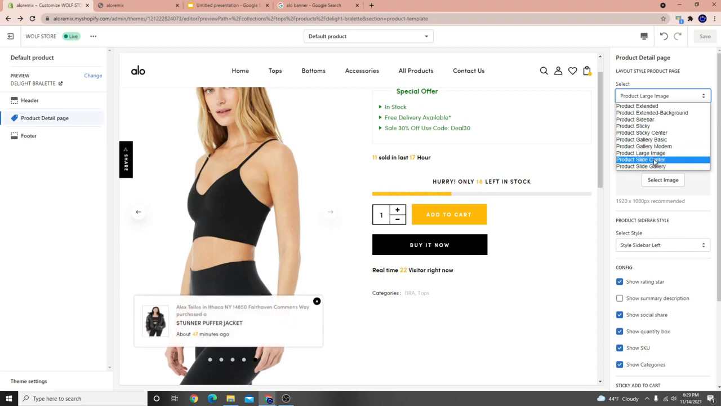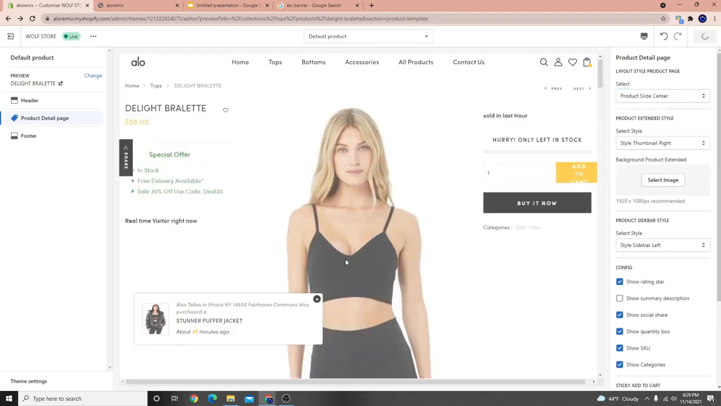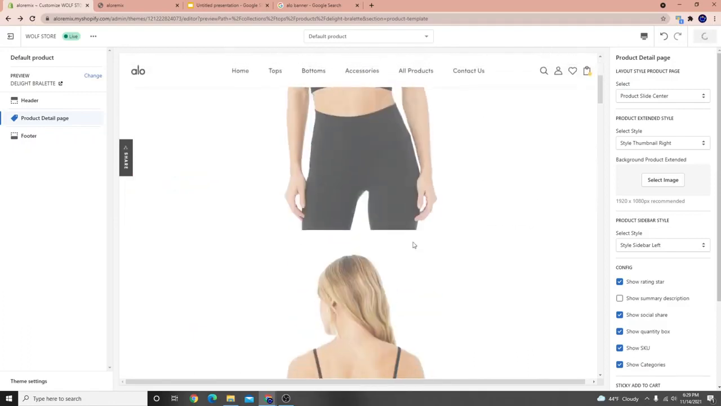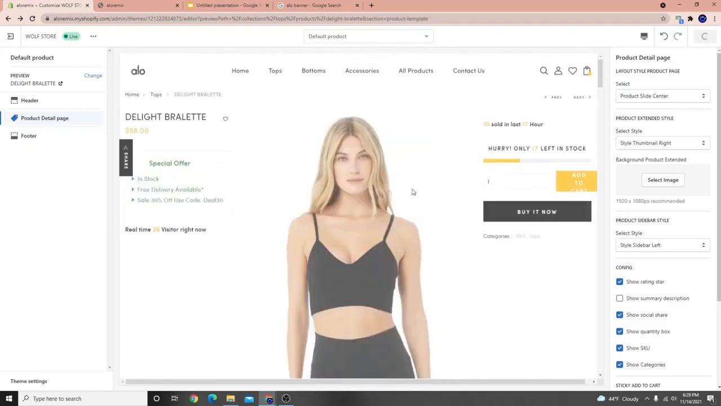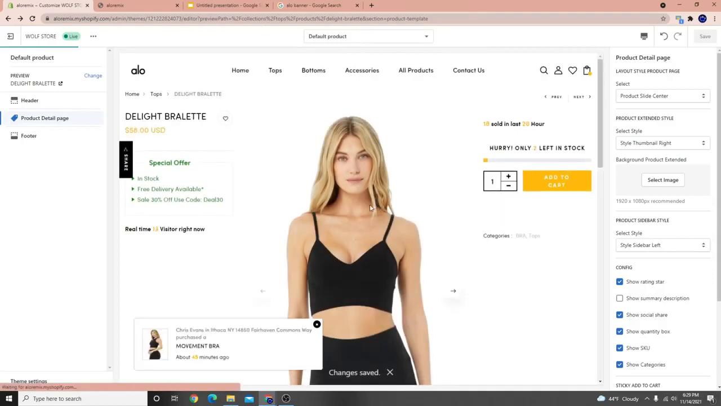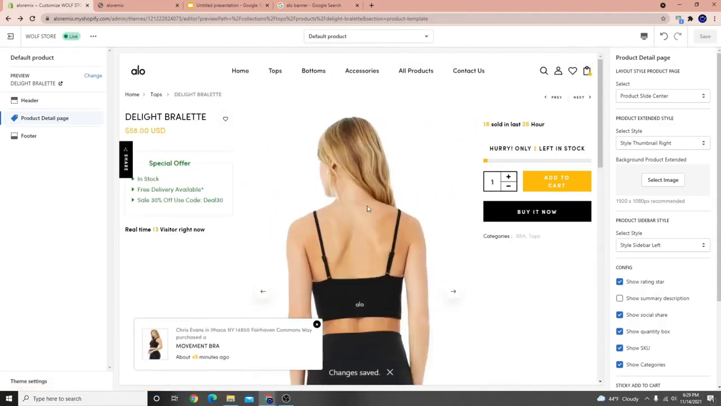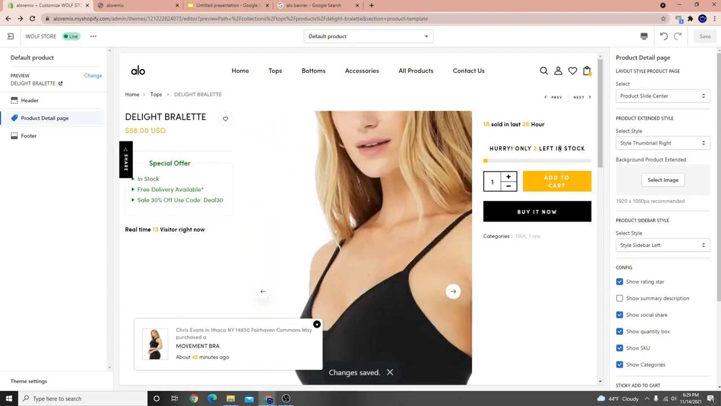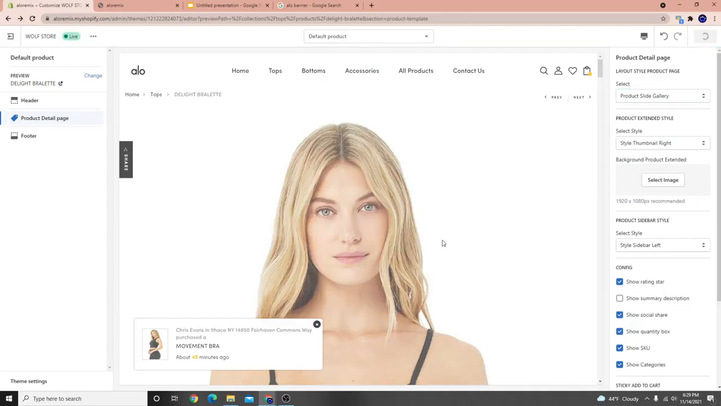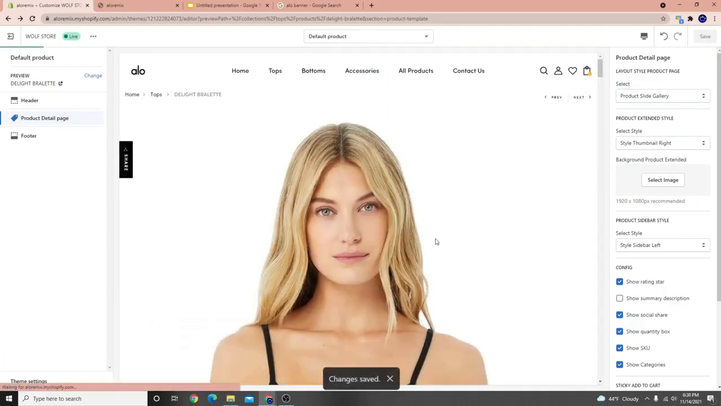Here we have our product slide center, which basically the products are going to be right in the middle, but they're going to have a slider. Okay, so you're going to be able to slide left and right, and you'll see that in just about a second here. And so once again, the product has a slider here in the middle. And then finally, we have our last one, product slide gallery. Let's go ahead and save that,